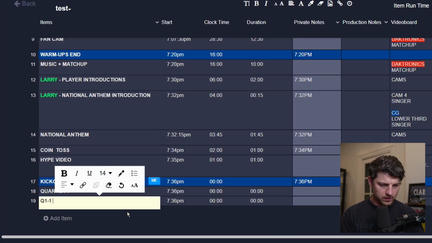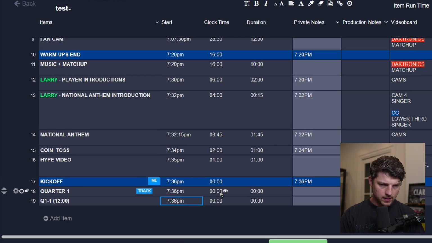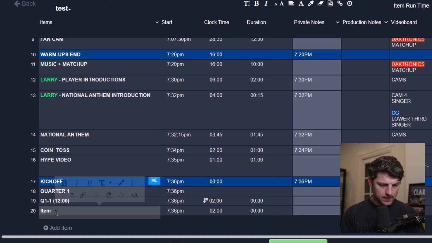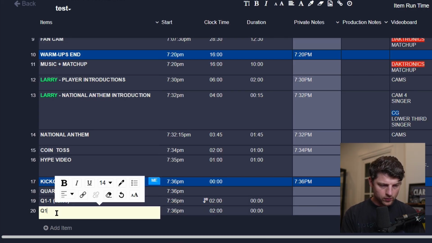And let's say our quarters are 15 minutes long, and we have 4 breaks. So we have, let's go 2 minutes, not 2 seconds. We'll go 2 minutes. And what I like to do as well is build a little over-under. Q1-1, first quarter, first break,